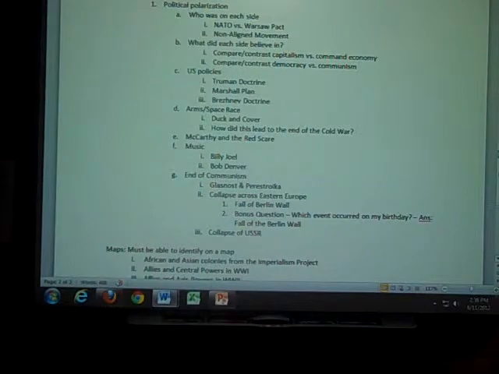We have gone over the Truman Doctrine, the Marshall Plan, the Brezhnev Doctrine. I know I've hit it in at least one class, maybe two. But the Brezhnev Doctrine is basically the reverse of the Truman. Truman is all about protecting people from communist takeover. Brezhnev Doctrine is protecting communists from democratic takeover. So it's just the communist version of the Truman Doctrine.